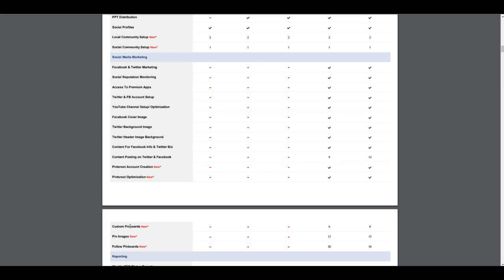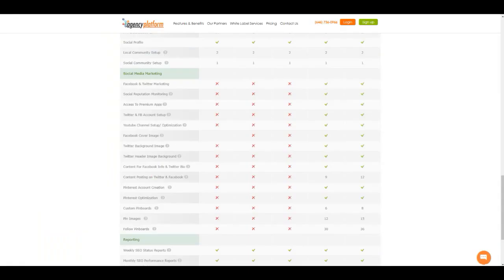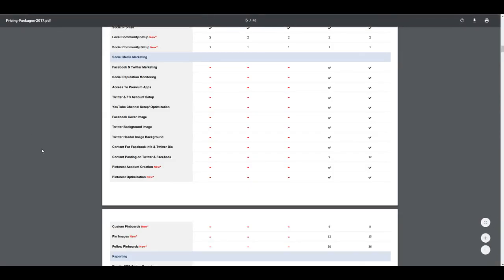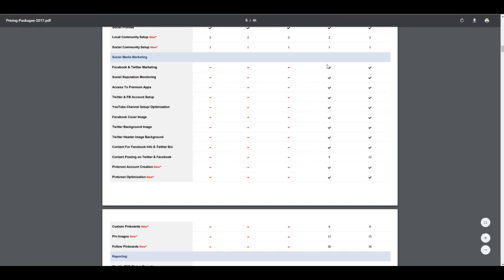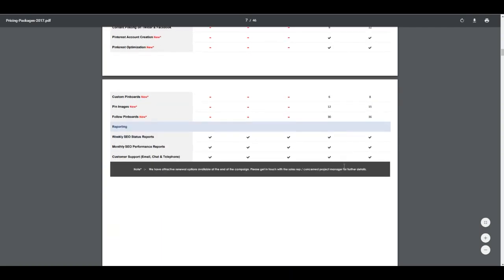For line item breakdowns on each one of these, to further explain what we do and to save time on this video, make sure to navigate over to the agencyplatform.com site, scroll down to white label services, then local SEO, and you can read line item by line item what each one of these is. So if you have a client that needs their social media presence set up and they don't have any publishing going on and they're asking you to do that, I would recommend going with a larger local SEO campaign because it includes the social media management as well.